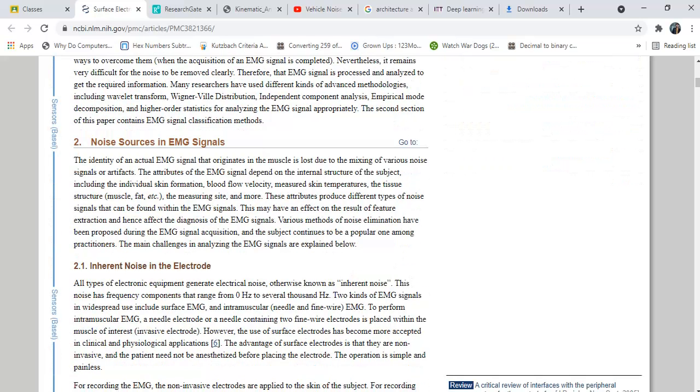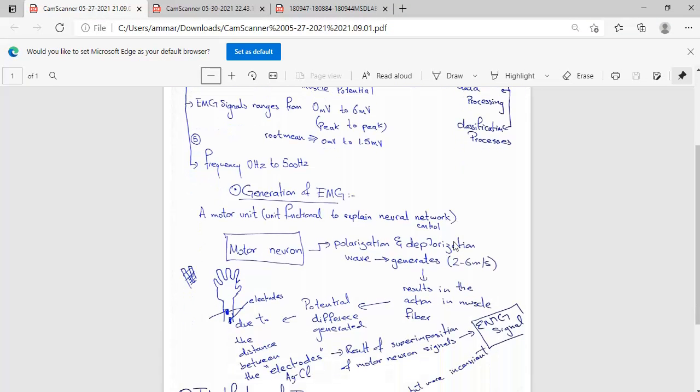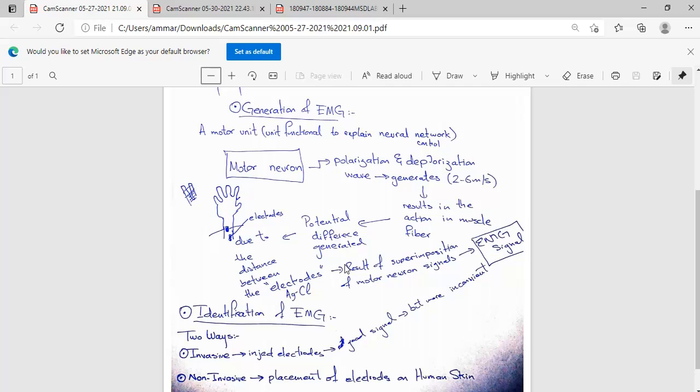Moreover, I'm going to show you my paper, which is the crunch. You can see the generation of an EMG signal. These are the electrodes. We have made a type of design in order to illustrate the electrodes. Basically these are on the surface. There are two types of EMG signal detecting sensors, or anything which could measure that signal.